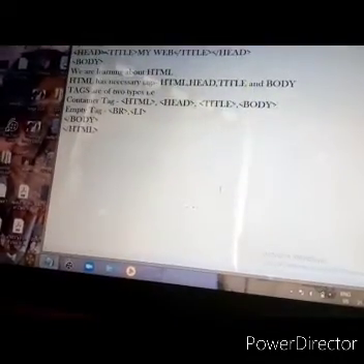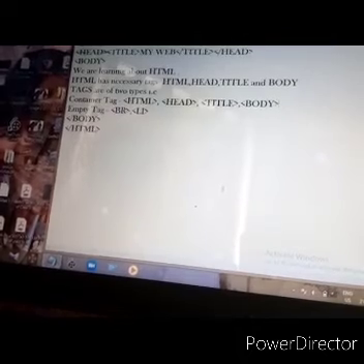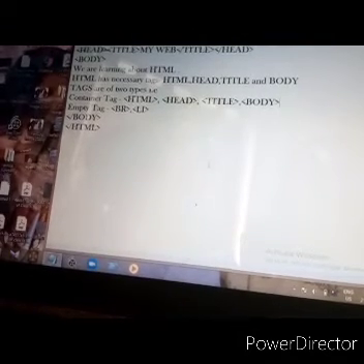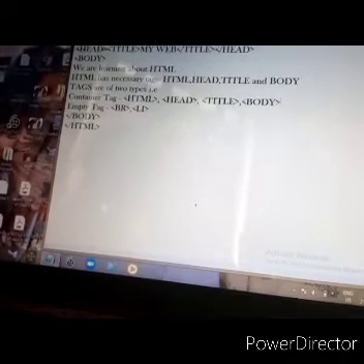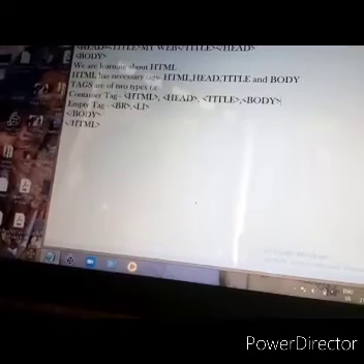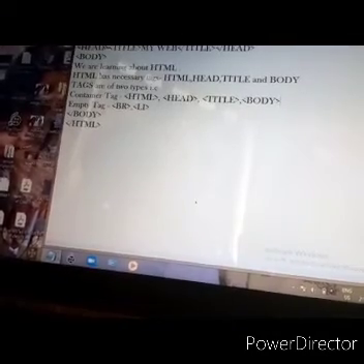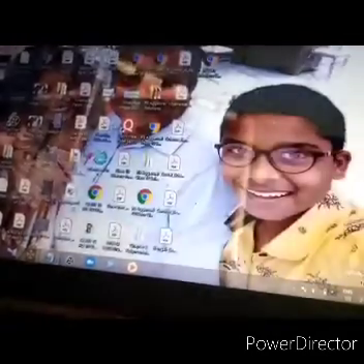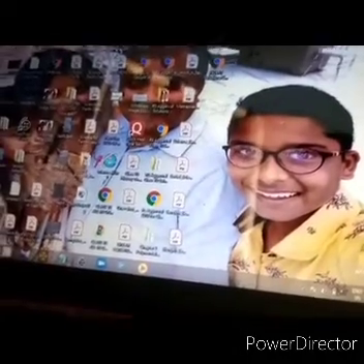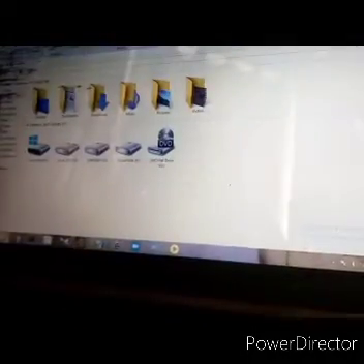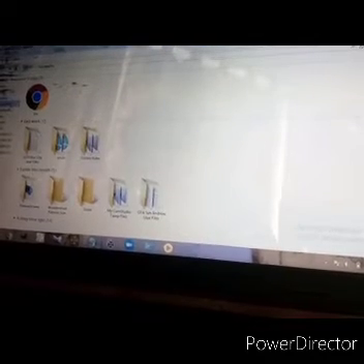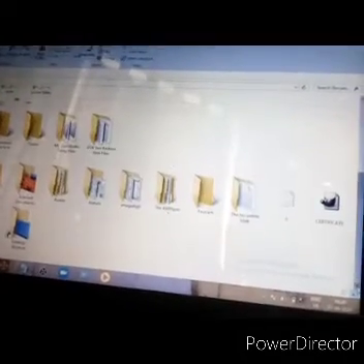Once you save the file, it is not compulsory that the content as we have written it here will be displayed the same way in the web browser. Let me show you. I will go to the document directory, I will move to the documents. I have saved it with the name joy.html.